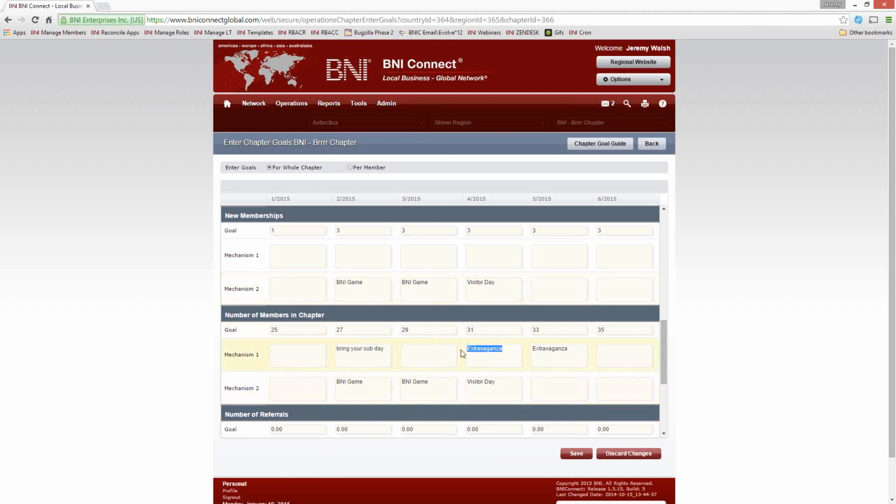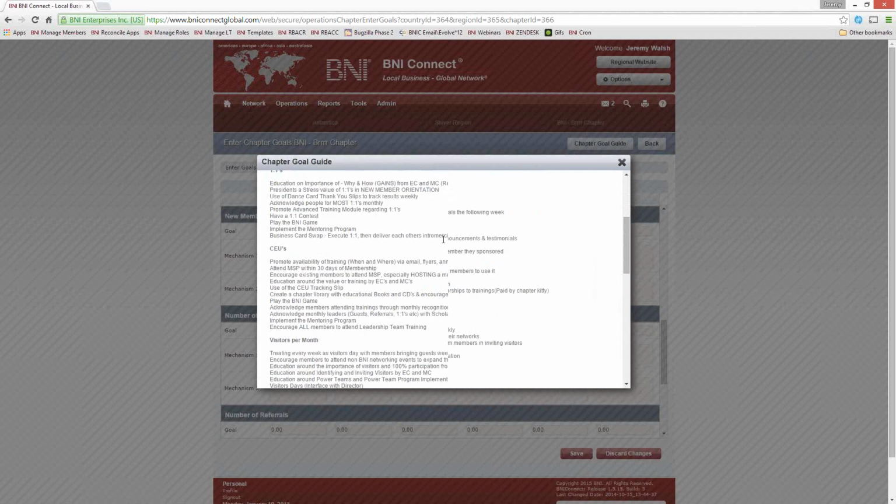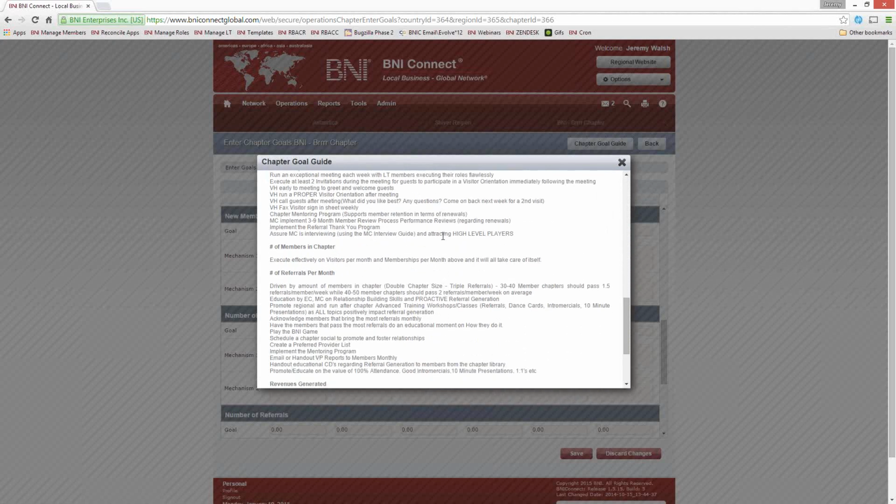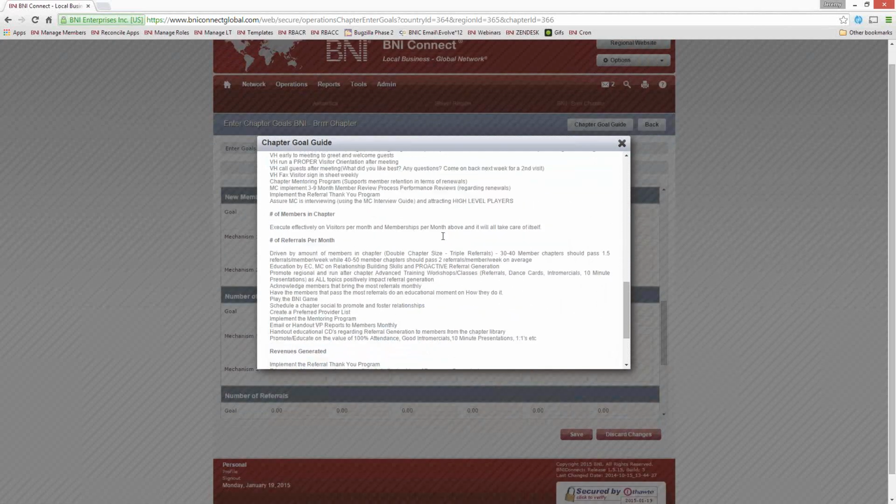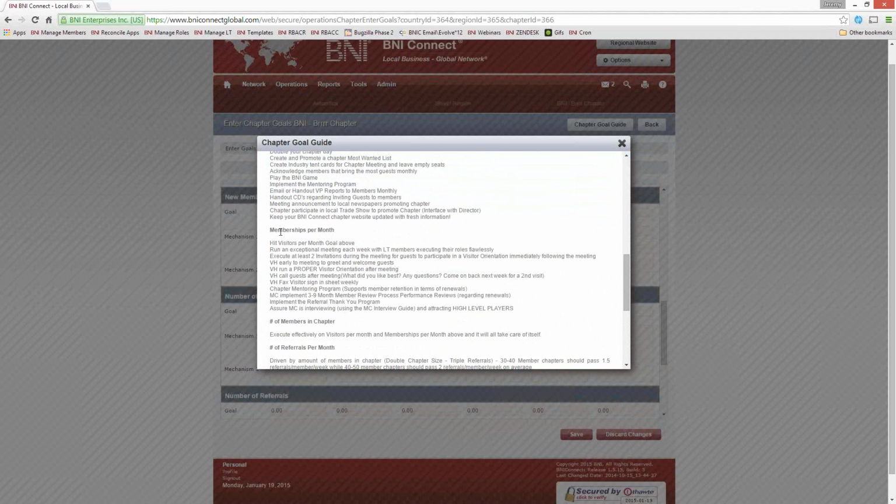So I'm just copying and pasting some of these into the mechanisms. And of course, we can always look at the chapter goal guide for some additional ideas, and we can scroll down to new memberships. So one is to hit the visitors per month goal, one is to run a proper visitor orientation.